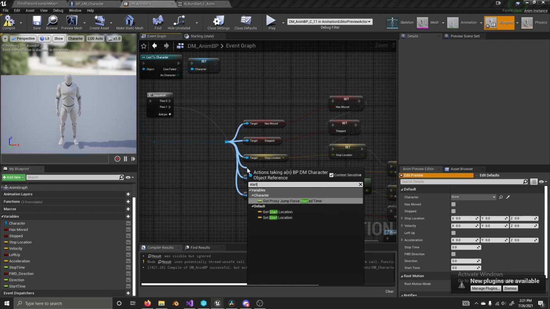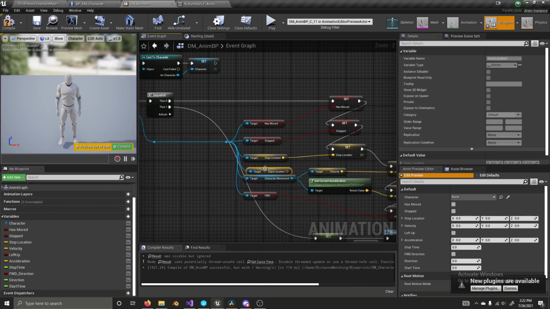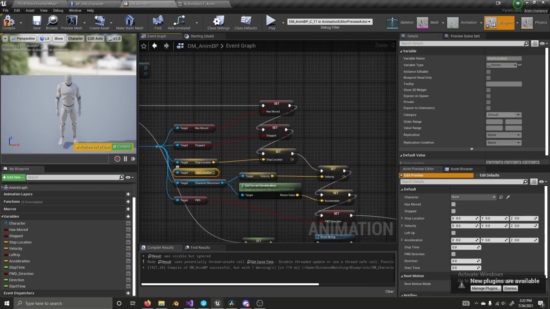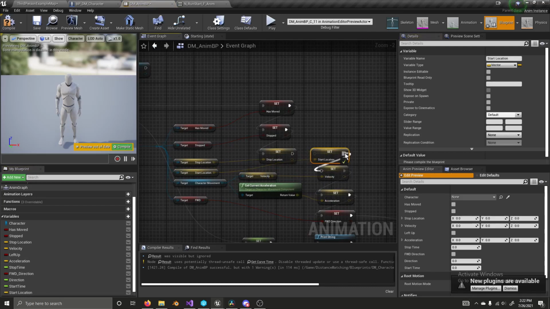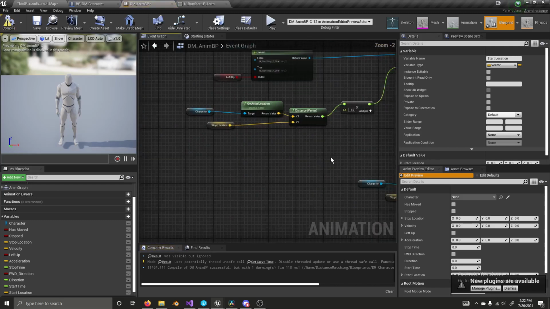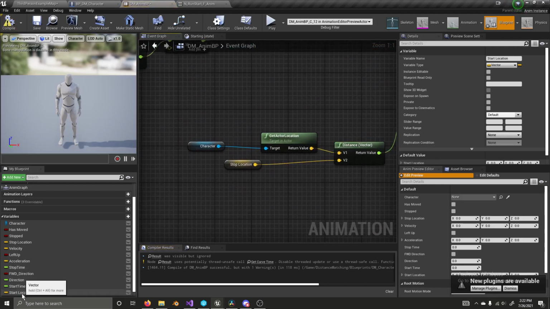Let's get our start location, and let's promote it to a variable. And we'll set it between stop location and velocity. Now, we can plug in start location, compile,